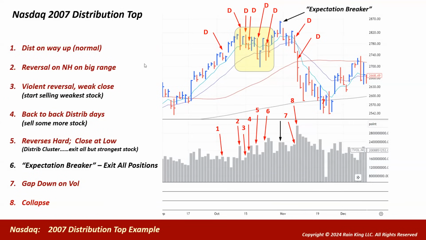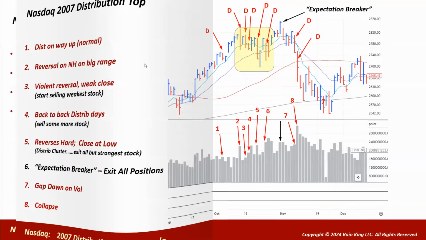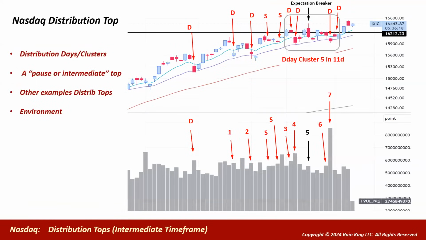So let's relate this now to our current market. So this is the NASDAQ, and it's showing the current NASDAQ. So I want to take you through some of these distribution days. We've been seeing distribution now for 3 or 4 weeks, and it's clustered in the last couple of weeks, a little more than we'd like. So again, let's call this distribution day number 1. It's a few days later. We get another distribution day. Nothing terribly concerning yet. All of a sudden, we gap up and we think we're going to move higher.